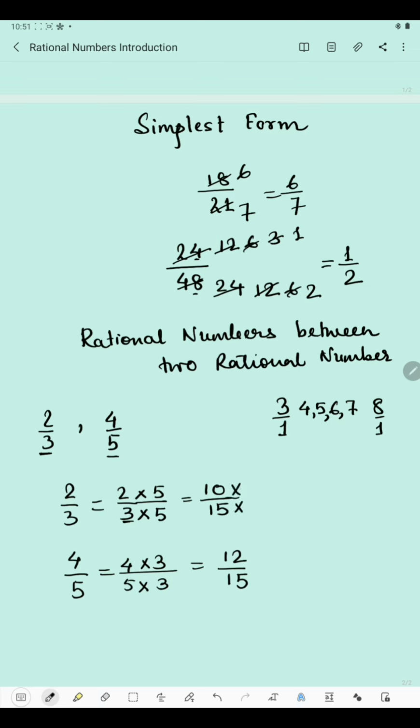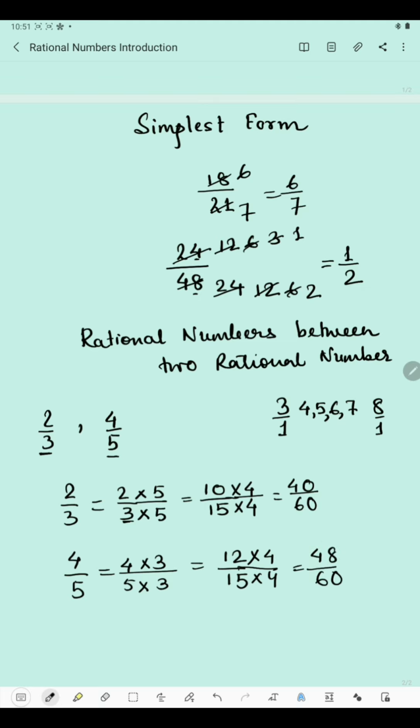You can take any random number. Like if I take 4 here, then the denominator is also multiplied by 4. Here also we have to take the same number. As we have made the denominator the same, we will have to multiply by the same number, otherwise we will get some other denominator. Again you will have to make it the same, right? So you will have to take the same number to multiply the numerator and denominator. So here we have got 40 by 60, and here we are getting 48 by 60.